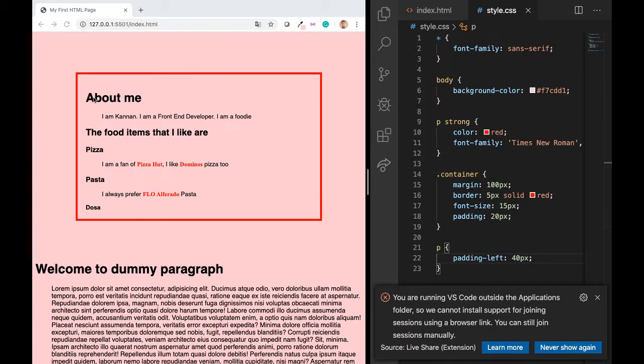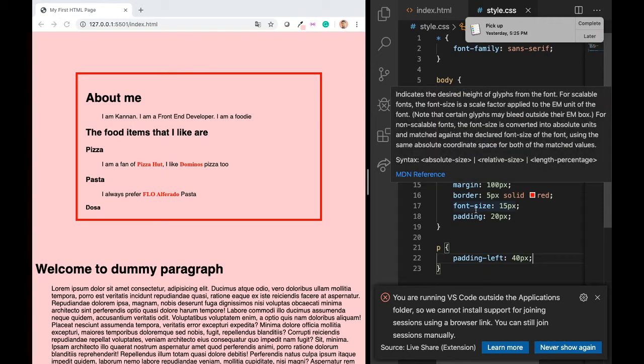So as you can see, this distance would be 20 pixels, whereas this distance would be 40 pixels. But then the padding would not be for right, top or bottom. Okay, I can choose in such a way. I can choose for any particular direction also. Okay, same thing applies for margin left, and so for